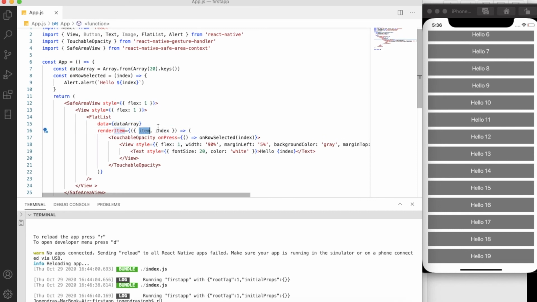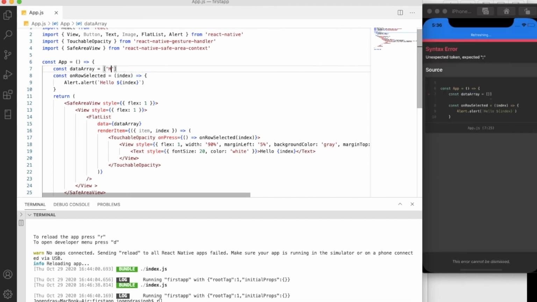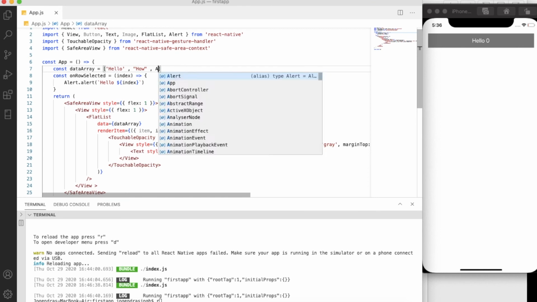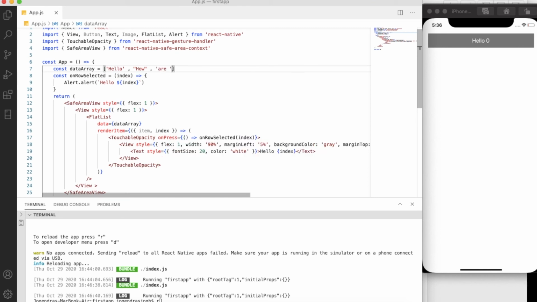For that I need to change something. I'm repeating and returning here hello, second is how, third is r, and fourth is u.